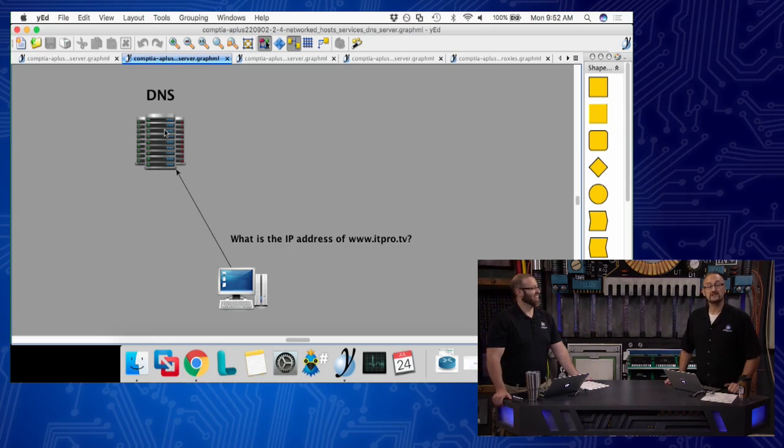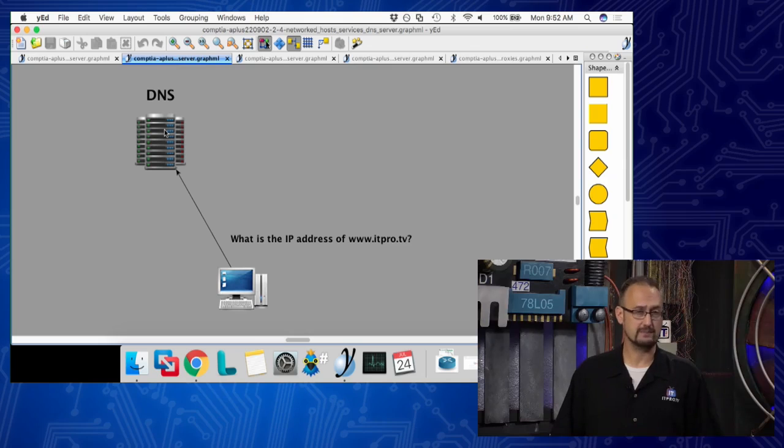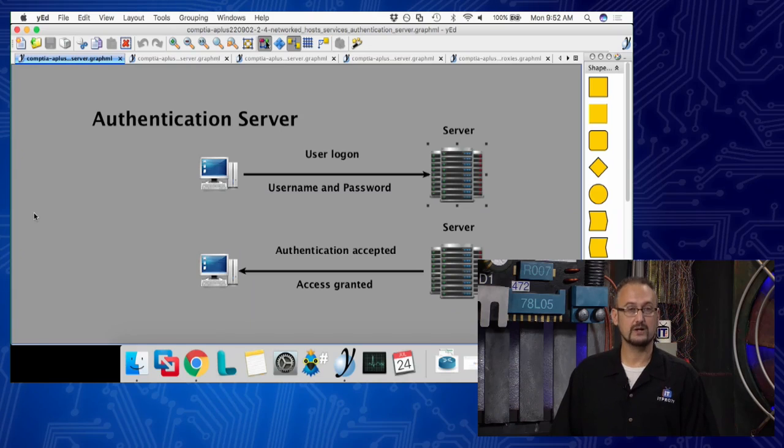That's right. Because think about it, you don't really know a lot of the IP addresses of the computers that you are trying to communicate with. In fact, let's take the authentication server. Let me backstep a little bit. An authentication server, a lot of times it's not a client reaching out to the network and saying, hey, who's got 10.10.10.100? It doesn't say that at all. In fact, it says, hey, I need this service out here. I need this authentication service. In this case, I need to talk to an LDAP server.